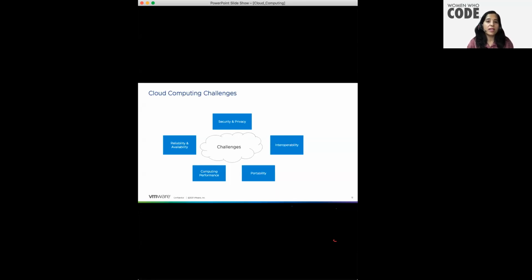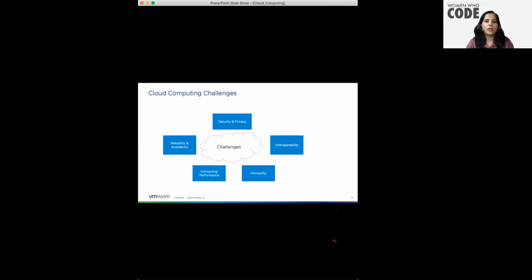The third challenge is portability, as we were talking about multi-cloud, where the cloud is provided by different providers. When you buy a solution from one provider, you should be able to port that application to another provider as well. This is one more big challenge, where the application should be migrated from one cloud provider to another. And there should not be any vendor lock-in, because when you buy some application and you are not able to migrate, it means you are locked with that vendor. This is one more big challenge.